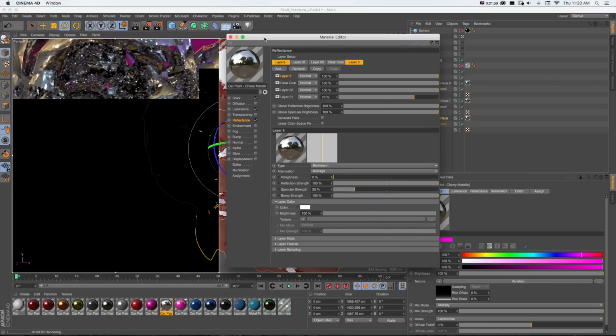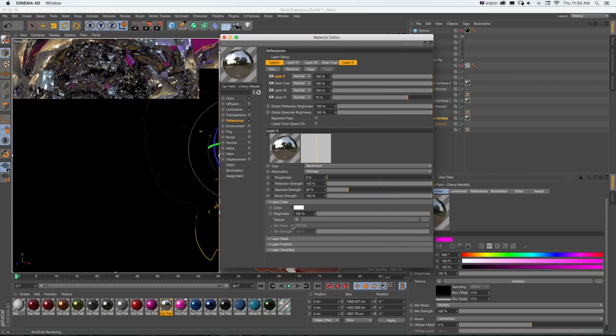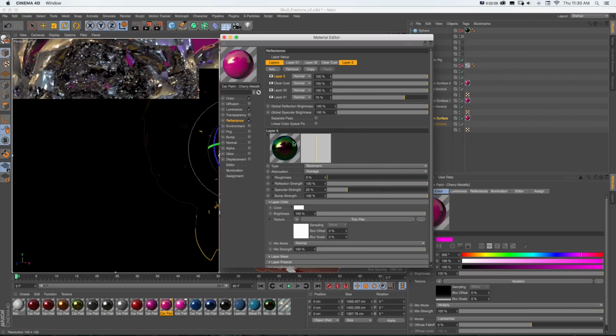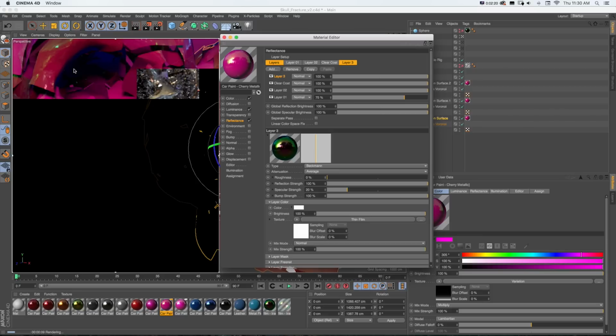Well, to add that thin film on top of everything, what we can do is go to our layer color and go to texture, effects, and there's this new thin film shader tab. And if we click that, you can see in our preview, it's added that little oily thin film on top of it. And as this starts to render, you'll see the difference, and look at how much impact that's having